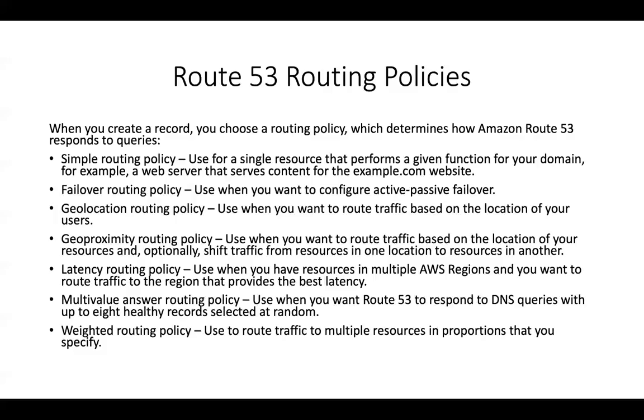Because when you have an environment that is in the green status and it's serving production traffic, and then you are updating that environment, you're not directly updating that green environment, you're spawning up a new blue environment. And once this blue environment is up and running, you are targeting 20% or 10% of the traffic to the blue environment to just test that subset of users. And then once you're happy with everything, the blue becomes the green, and the green becomes the blue, right? So that's how you do blue-green deployments with zero downtime. And the routing policy that helps you to do that is the weighted routing policy.